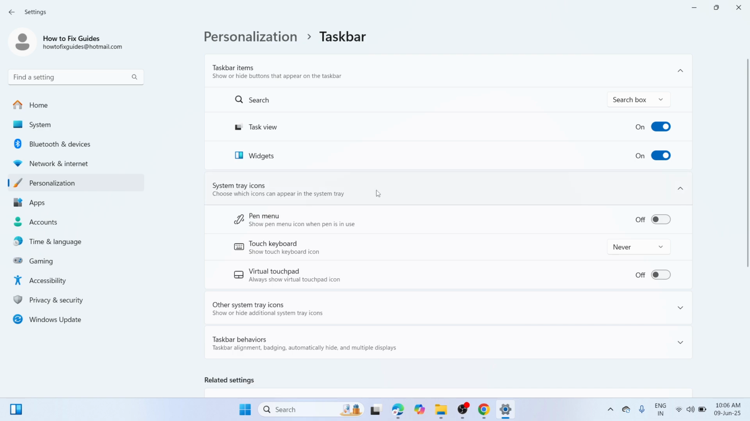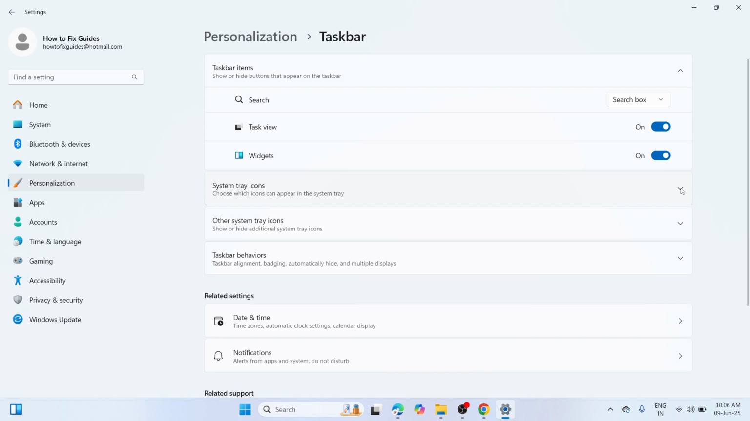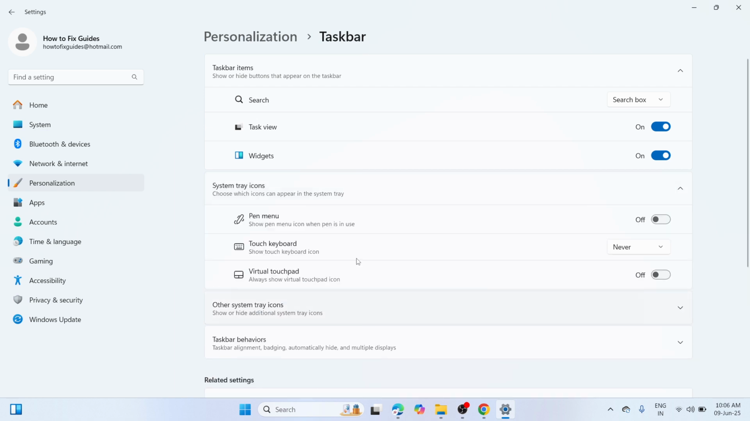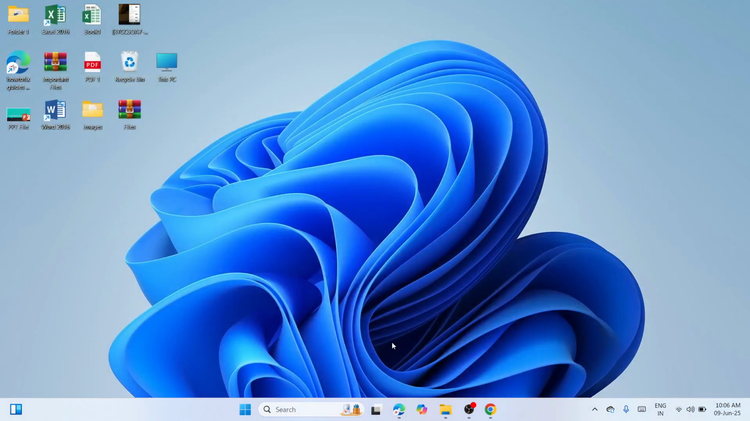So we need to navigate here rather, and click on this down arrow key and there you can see three options. Please proceed with the touch keyboard. Click on this down arrow key and go with this always. So once you have enabled the touch keyboard, you need to close the window, navigate to the bottom search bar,